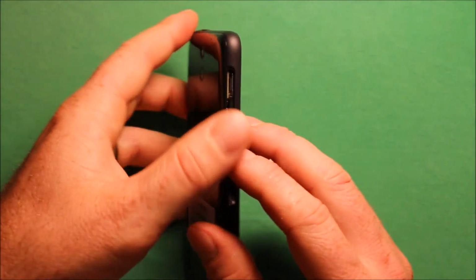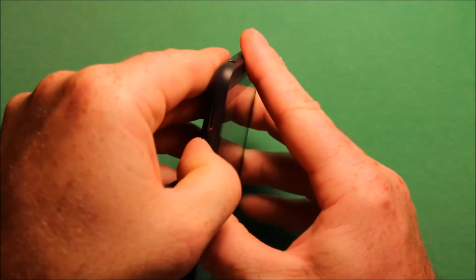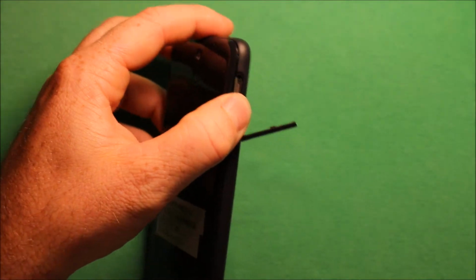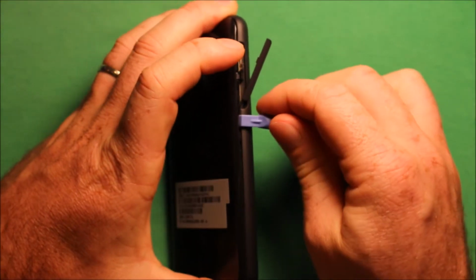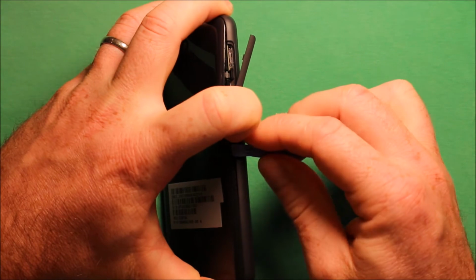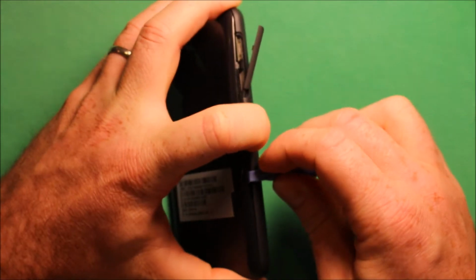And then if you just start right here with your thumbnail, if you can, and just start separating it right there a little bit. If you can't start with your thumbnail, start with something else that's a little strong, just be careful when you start in there. And then I use a little pry tool like this. It works really well, and you can just kind of see how that's separating there. You can see the light there, and just start with